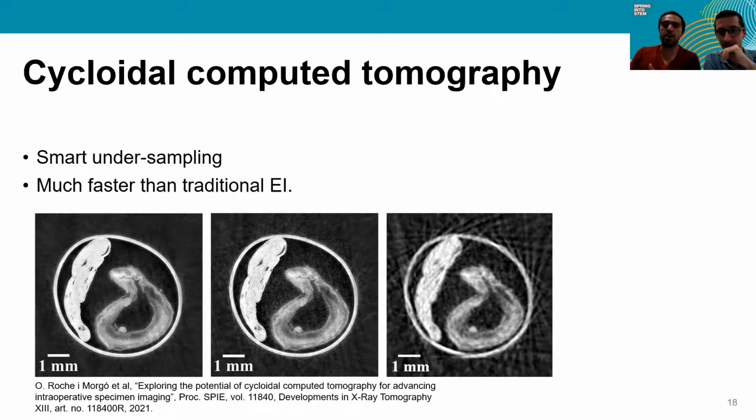So yes, there are strategies to image very big samples within smaller fields of view. This is also limited by current detector technologies, but there are already systems that have been developed for aerospace applications. Let's say that now the goal is to incorporate EI and these masks into these already existing technologies and solve their limitations.